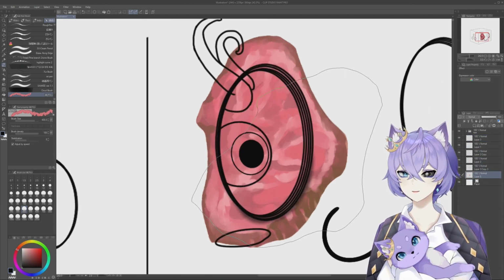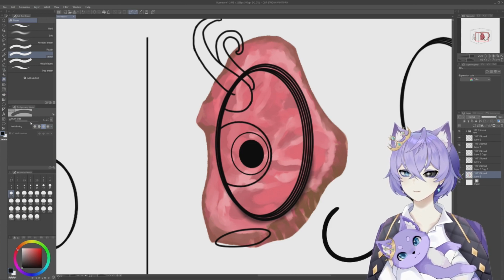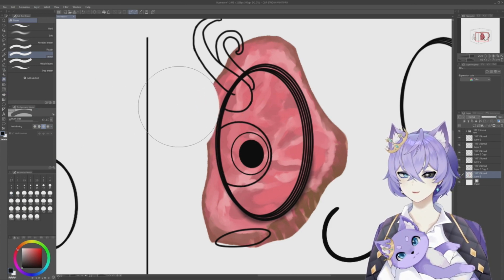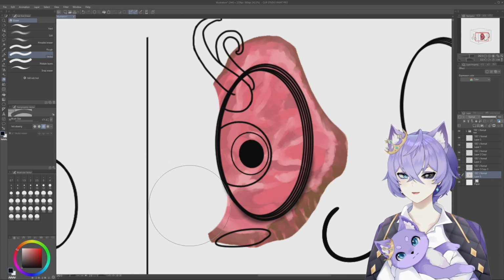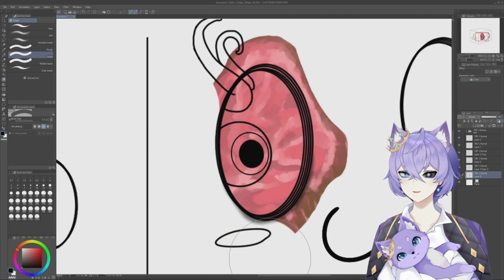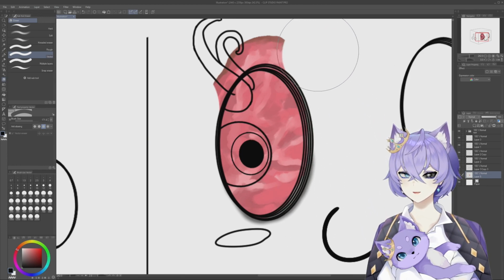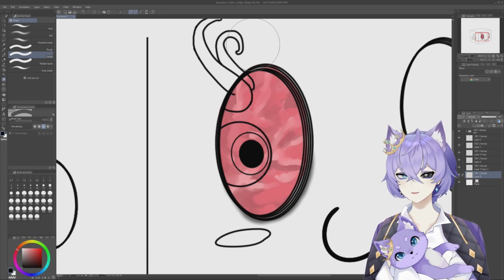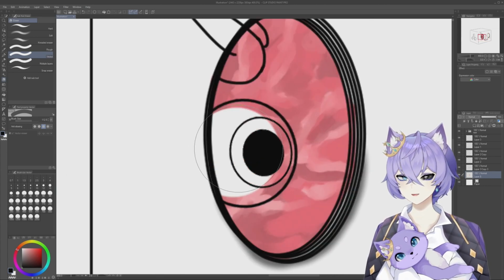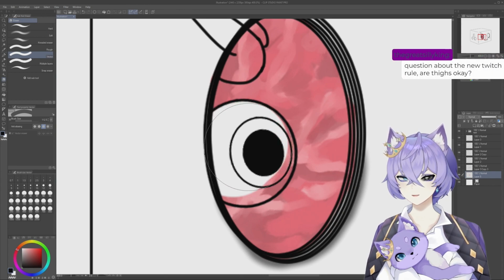we take this, take our eraser, and just clean it all up. Just like that. And voila, you have meatsicle inside